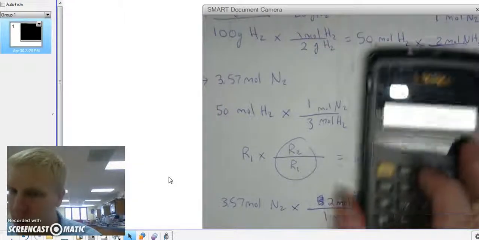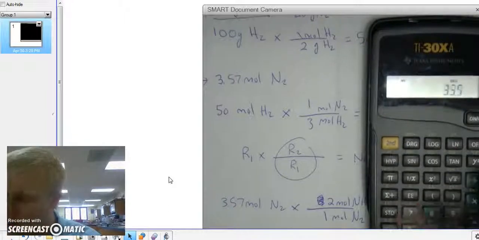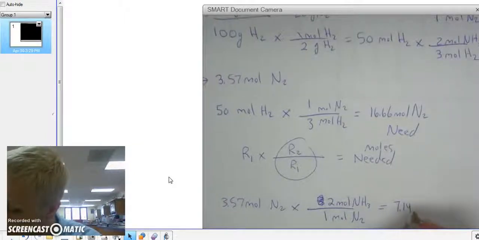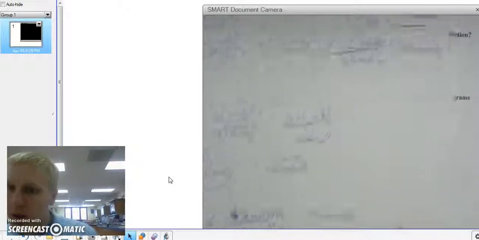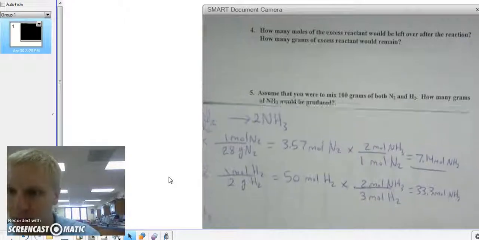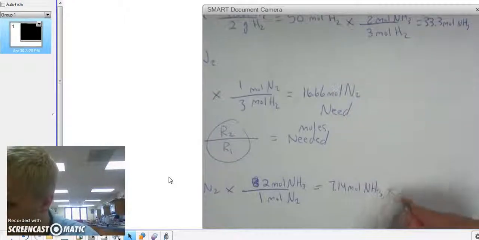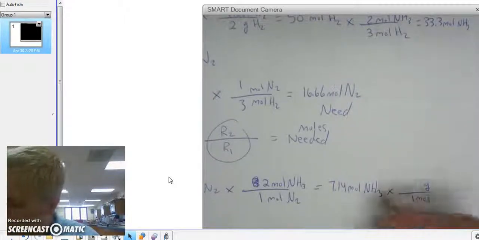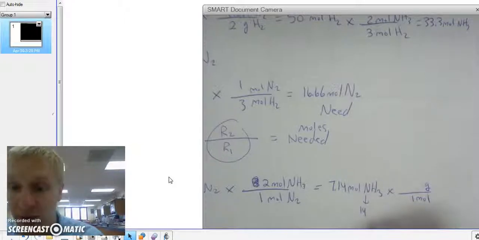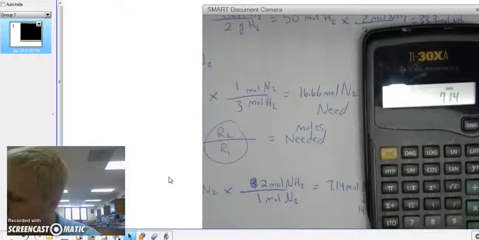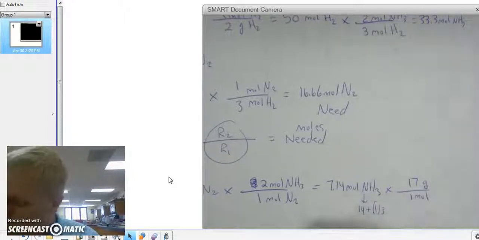3.57 times 2 gives us 7.14 moles of NH3, but then the actual question is asking for how many grams. So we're going to take our moles of NH3 and convert it to grams, finding the molar mass. Nitrogen's atomic mass is 14 on the periodic table, hydrogen is 1, but there's 3 of them, you add it all together, you get 17. So 7.14 times 17 gives us 121.38